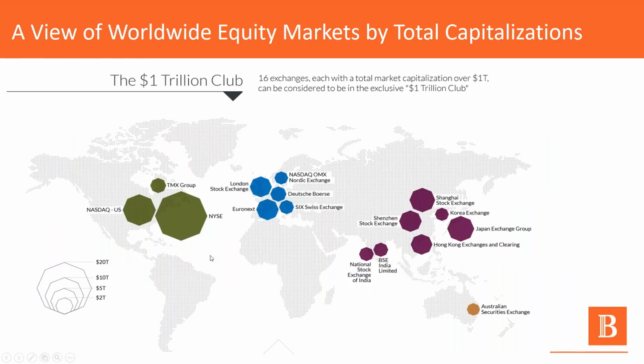So I'd like to move to an easier slide now. We've kind of gotten through all the tough stuff. This is kind of a fun slide. It shows the world map, and it shows the different major stock exchanges, and it lists them. The size of the figure is representative of the size of the market,